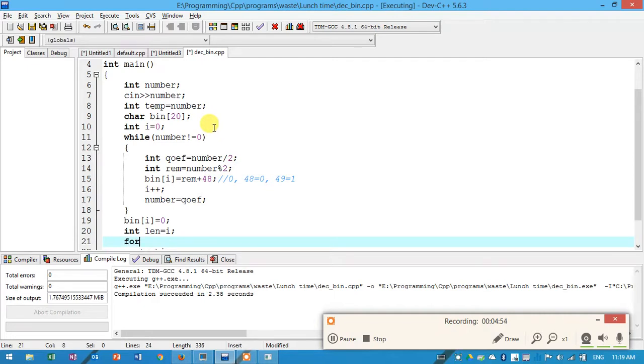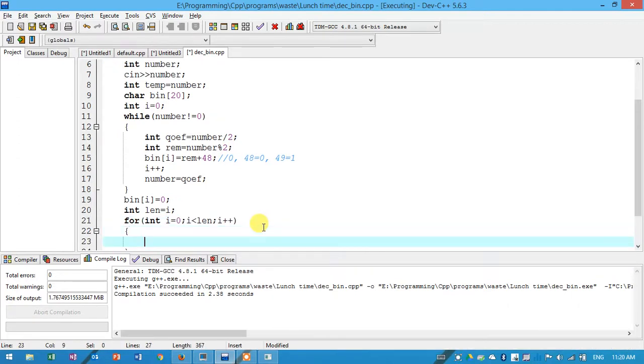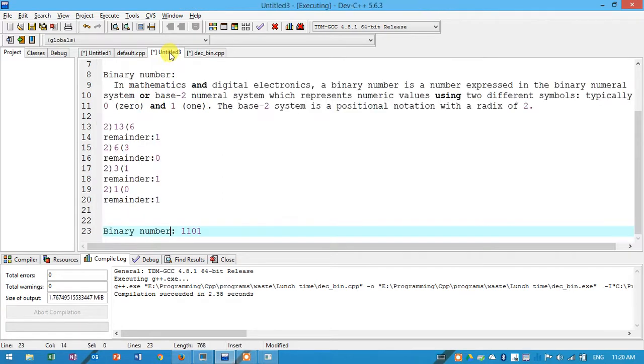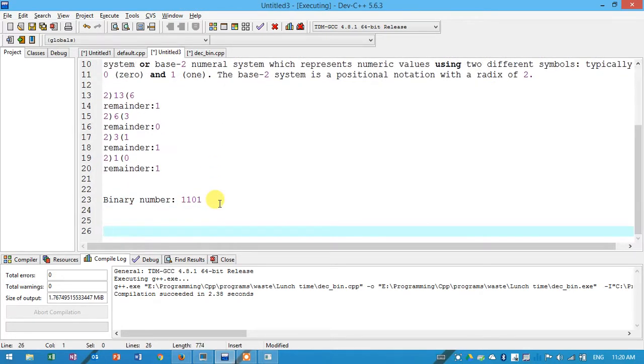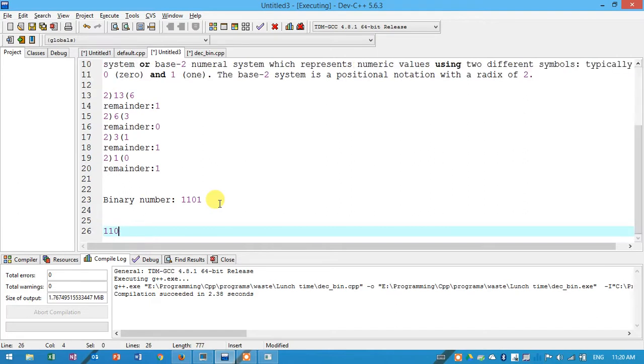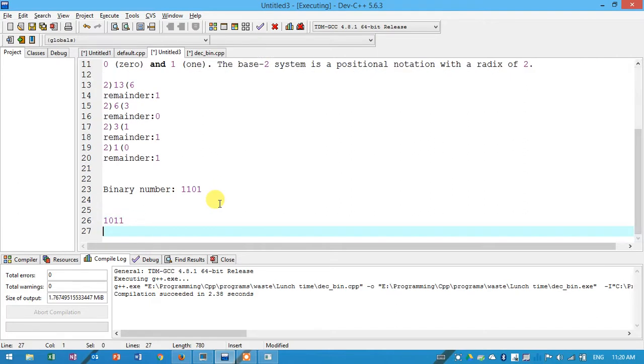So for int I equals to 0, I less than length, I plus plus. Okay, we see we got the result 1011. We have to convert it to 1101.